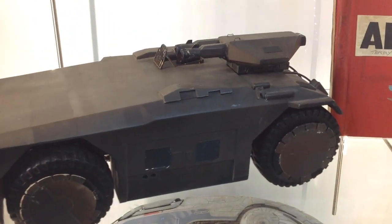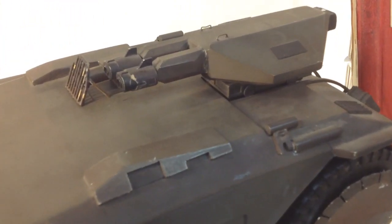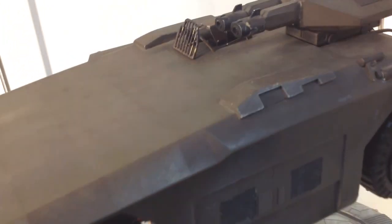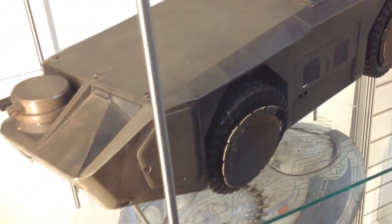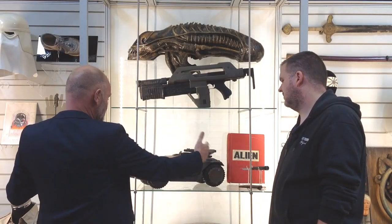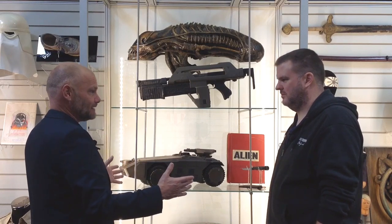Yes, they would have obviously built a number of these. This is the smallest scale. This is remote control. It's seen because it's smaller scale, so it's going to be further distant shots. You see this coming out of the drop ship. Everything still works. The remote control still works. The original remote control comes with it. It's in remarkable condition. There would have been a bigger scale version, and then obviously you had the full size thing, which was this